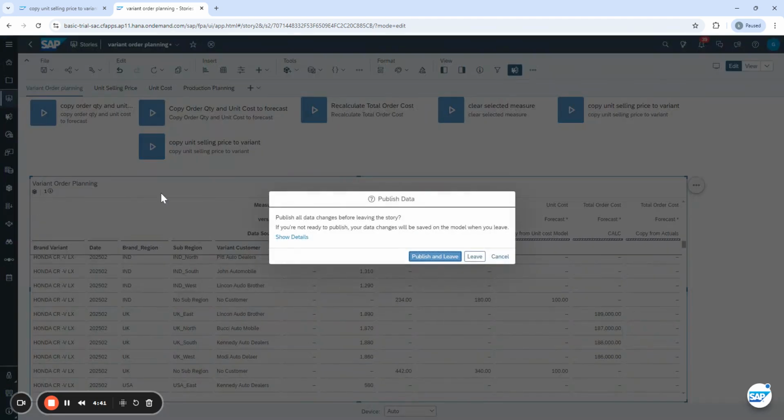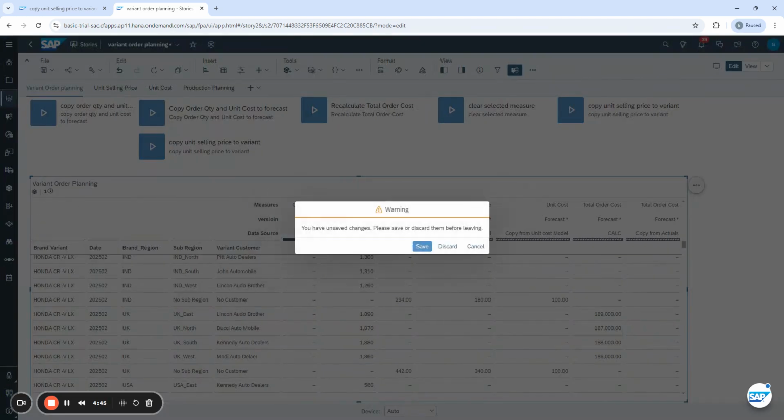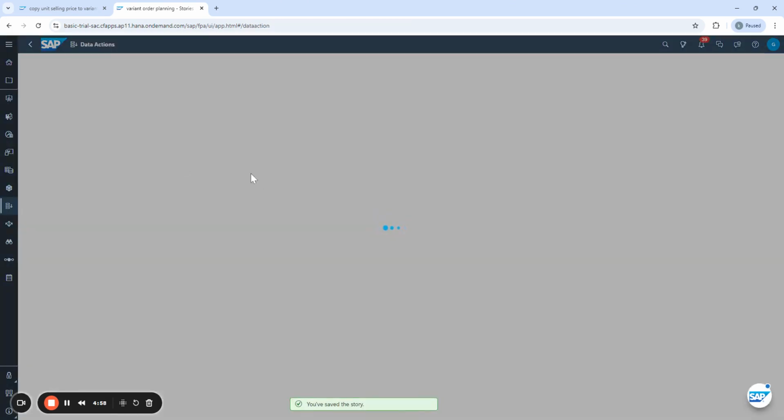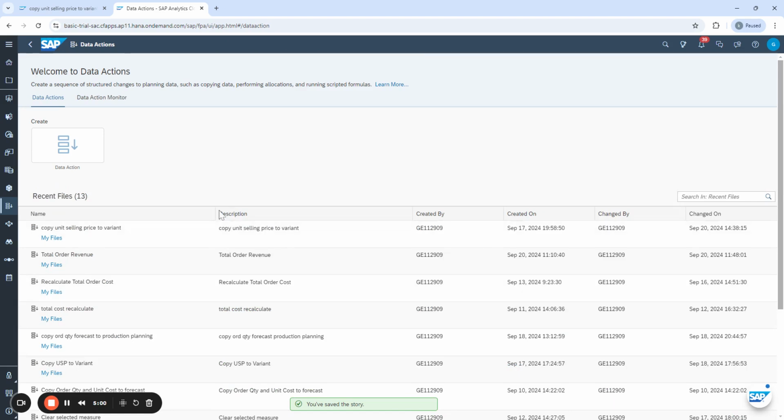one more data action. Here it looks like I have done something, so that's the reason it is showing. Yeah, save this story dashboard. We have done some change, like maintaining the gap, right? Space we have maintained between these two data actions. That's why it is showing to us. It is asking us to save the